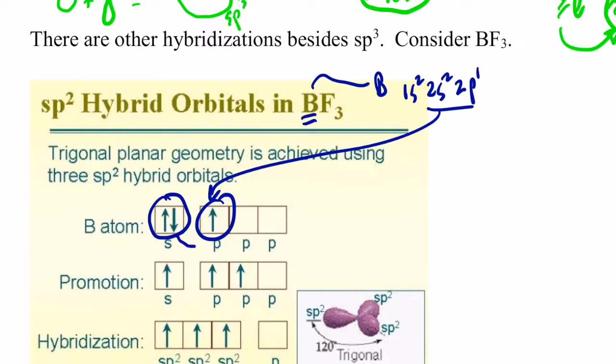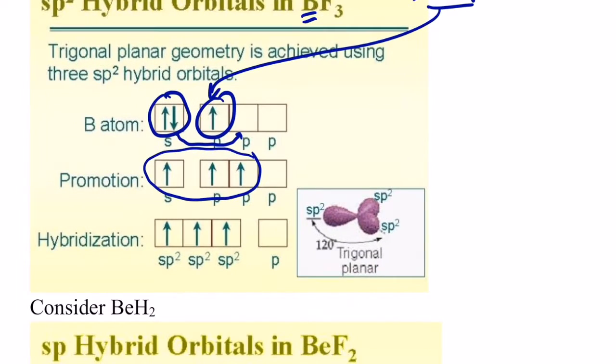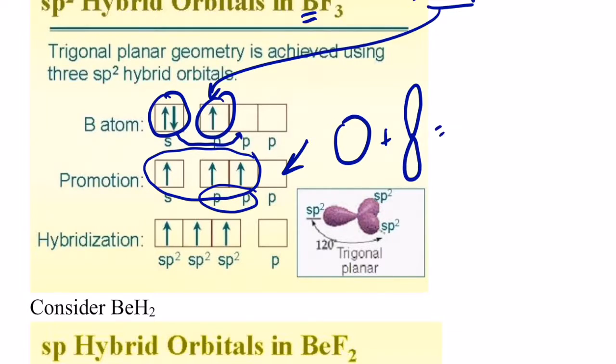Well, what if one of these s electrons is promoted? And then we would have this type of orbital diagram, and then the s and only 2 p's merge together. You might say, well, how come all 3 don't merge together? Well, because there's nothing over there. So we have an s and 2 p's merging together. Now, if we have s and p orbitals that merge together, remember, they make this little unique hybrid, or this little unique looking